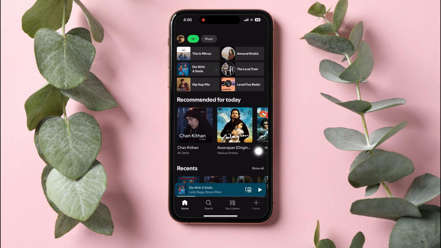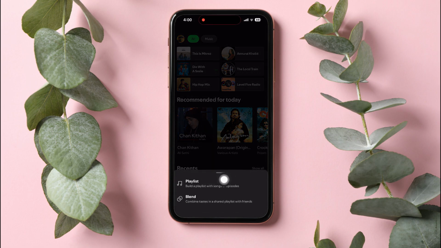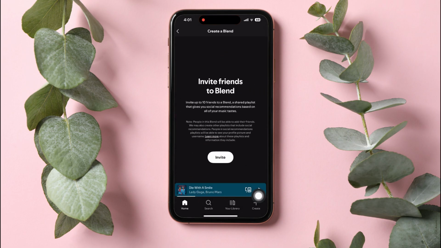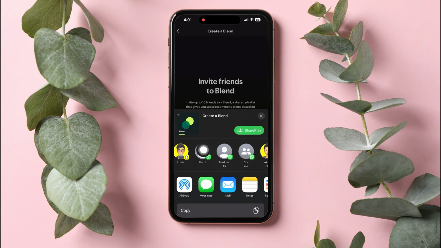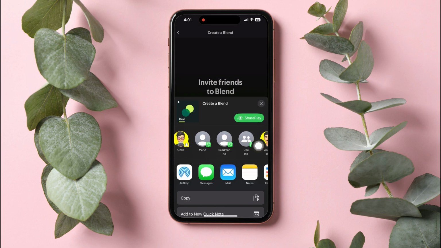Then, you will get two options. From the available options, go ahead and tap on the one that says Blend. Then, you can invite friends to blend. Tap the Invite button. Then, by using these applications right here, you can also share it via social media and